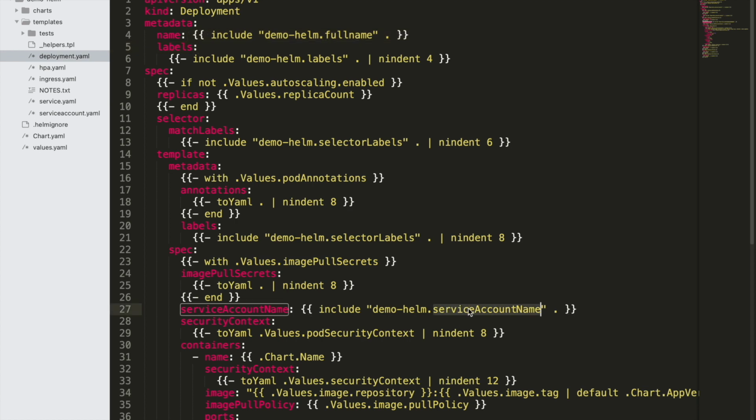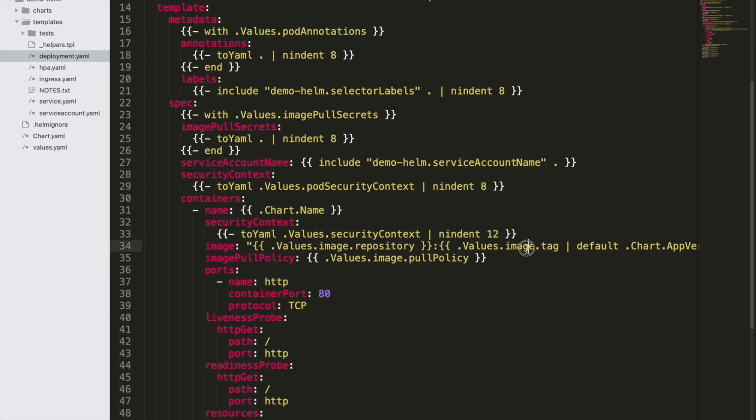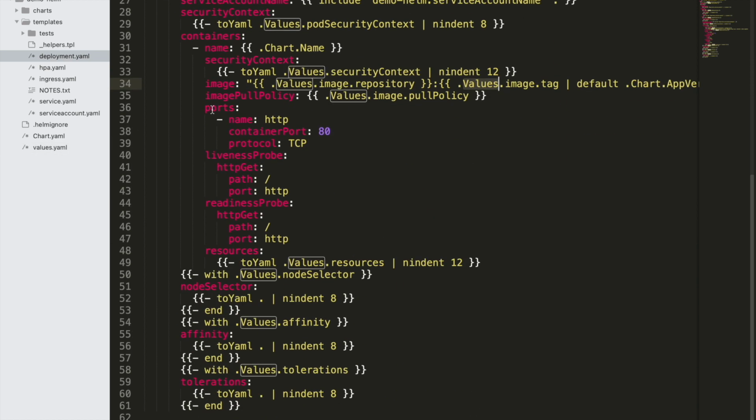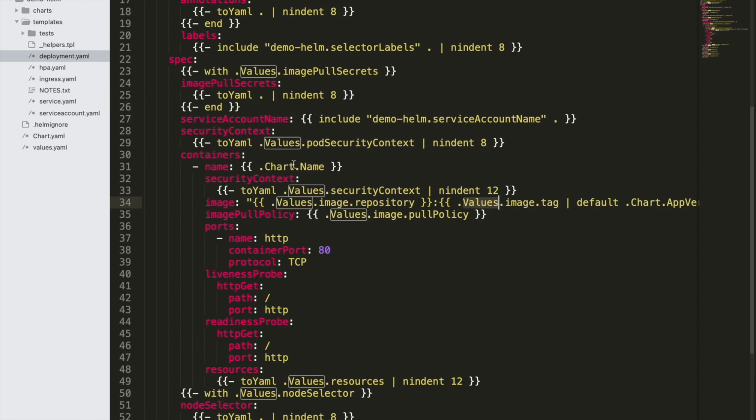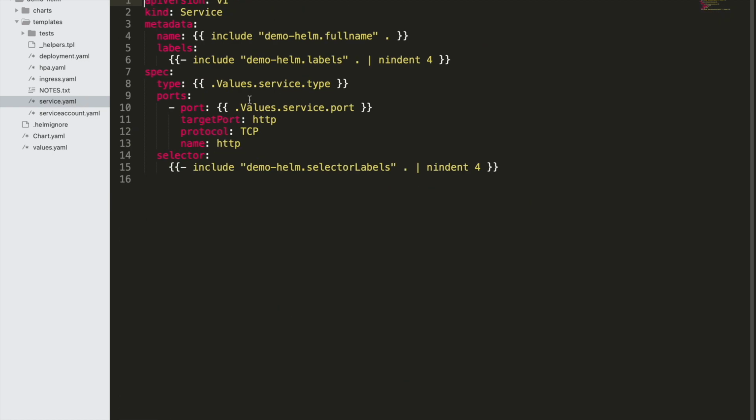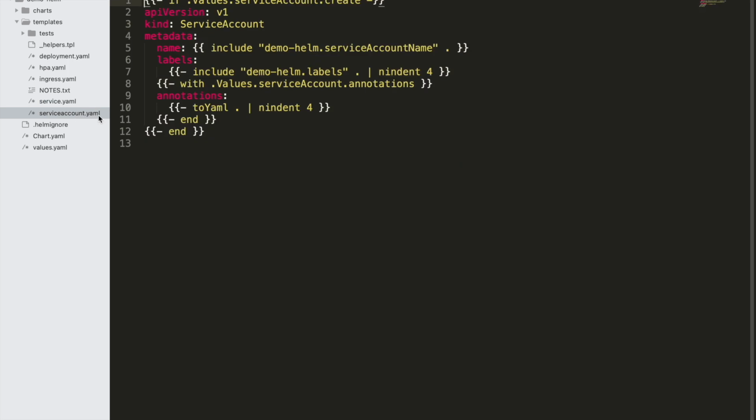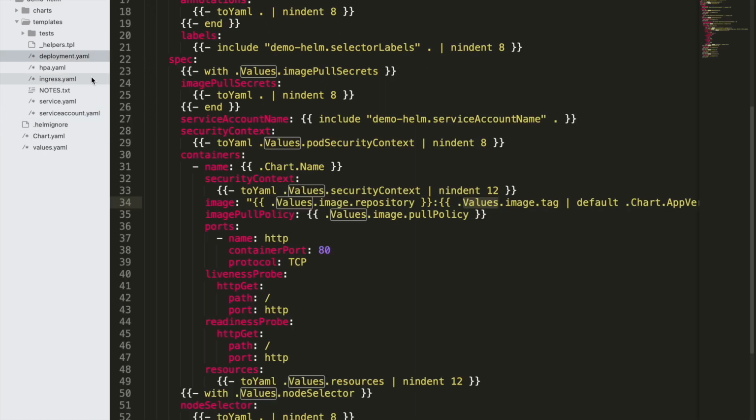Here you can see the service account name, here you can see the image tag. Everything is coming from whatever you find in this values.yaml file, and it has done all the configurations by default. So this is one example, the deployment.yaml file. There is also a service.yaml file. Here you can see how you can use it, and then you can customize it according to your need later on. But in this default example, this is how it is.